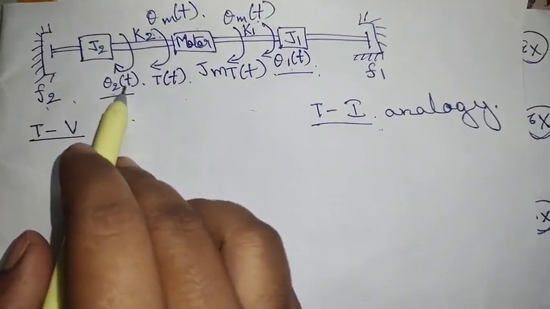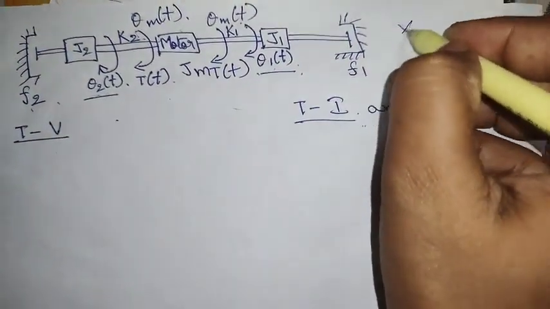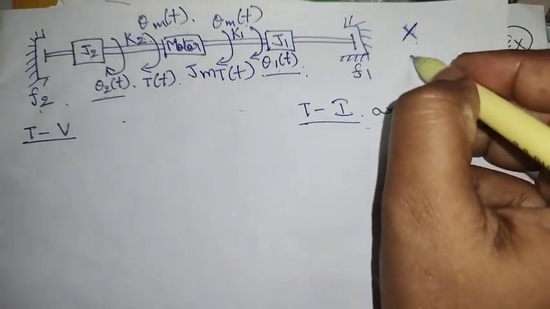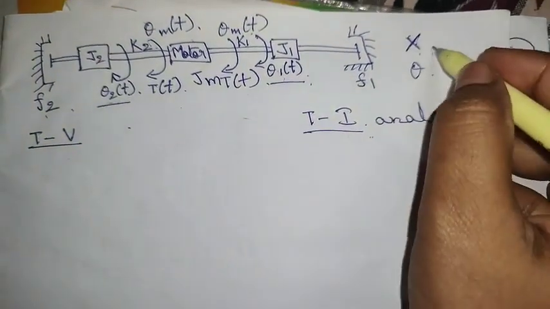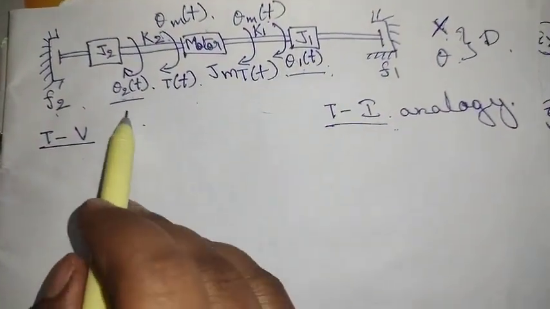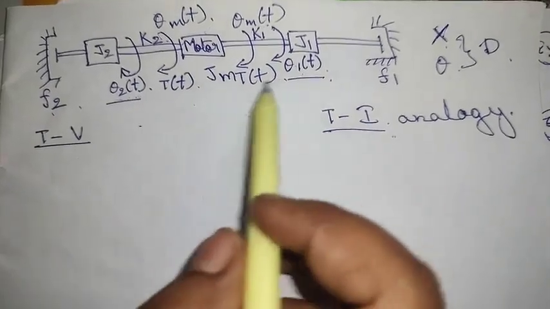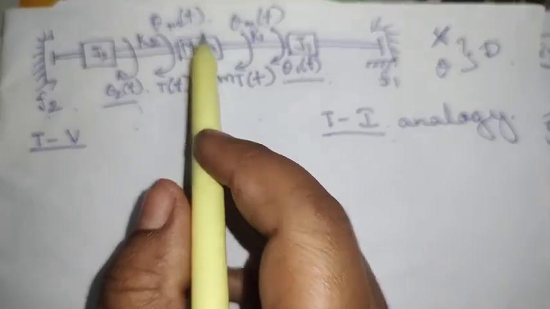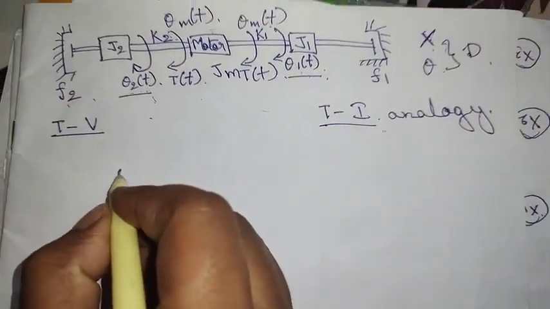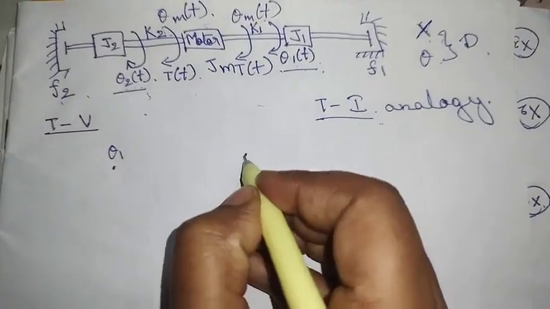In a translational system, x is considered as the displacement, but when it comes to the rotational system, theta is considered as the displacement. Both are displacement only, based on the system. So here, if you observe how many displacements there are: theta 1, theta 2 and theta m. First you mark the three displacements, theta 1, theta 2,